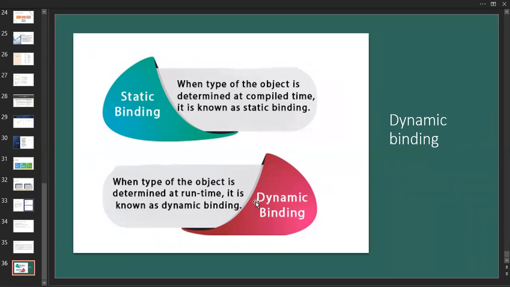If there is a class and we create an object for it at compile time, we call it static. When we create the object at runtime, we call it dynamic binding. Just remember the words I'm saying. This is also an important topic.